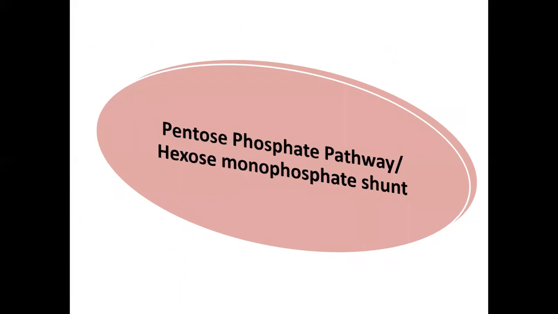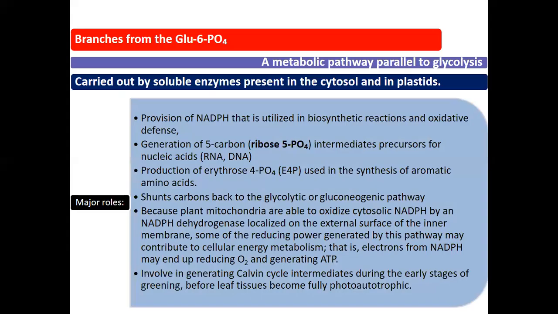The second pathway we want to look at is the pentose phosphate pathway, which takes place simultaneously along the glycolytic pathway. This is a branch off from the glucose 6-phosphate. That is, when the glucose 6-phosphate is formed, a part of it is moved out. So this pathway runs alongside the glycolytic pathway, and it is carried out by soluble enzymes present in the cytosol and in the plastids, just